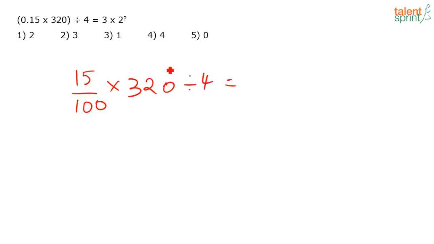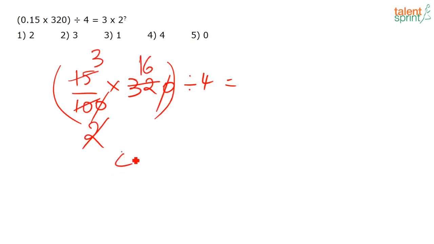Okay. Whatever is there in the bracket has to be solved first. Remember that you have to use the BODMAS rule, right? So do this first. Don't do 320 divided by 4 first. Why? Because according to the BODMAS rule, whenever there is a bracket, whatever is given inside the bracket has precedence over everything else. So first try to solve this. This 0 and 0 get cancelled. 15 by 10 is nothing but 3 by 2. Again here 32 by 2 is 16. So 16 into 3 is 48. 48 divided by 4 is equal to 12.